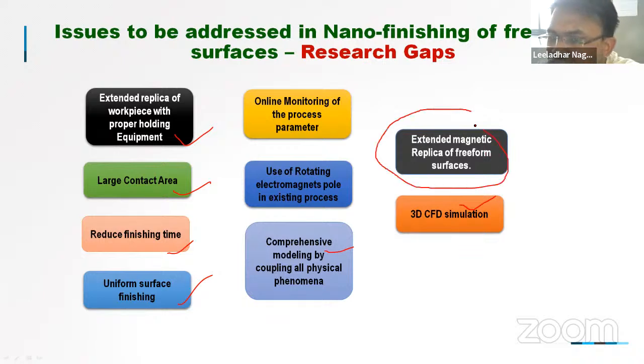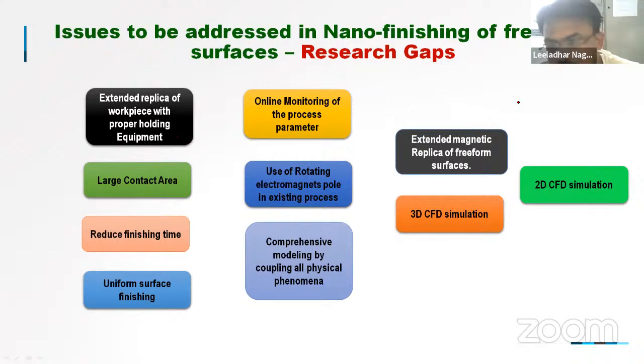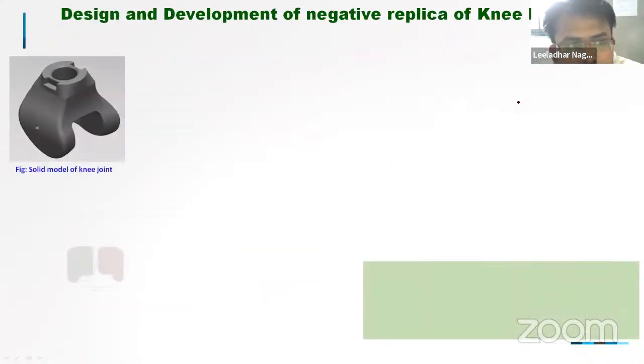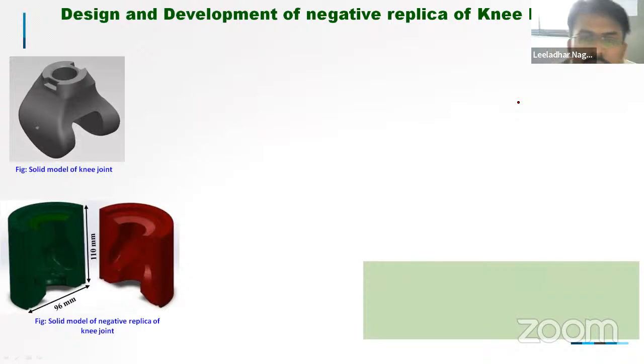So this is the extended magnetic replica of the free-form surface. This is part of the designing of the prototype. This is again a 2D CFD simulation. Now see, this is a very important slide where we have to talk about the designing and development of the